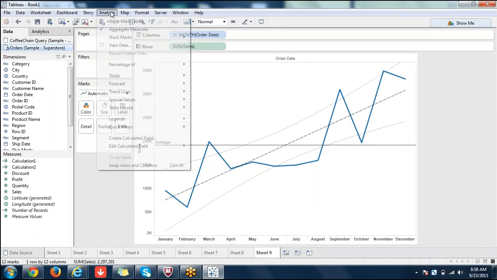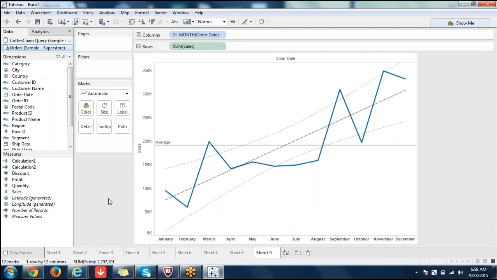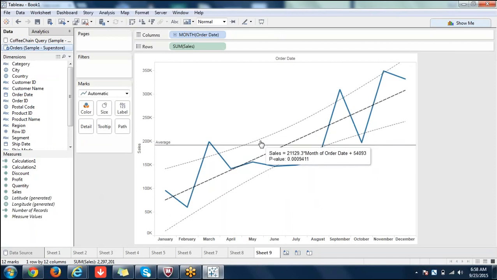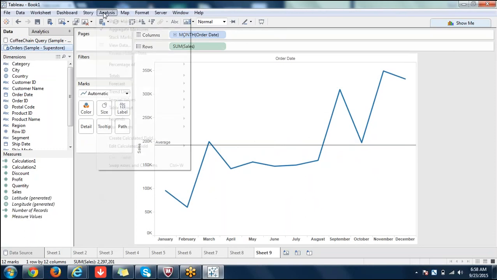Okay. And forecast, we have seen a forecast. I think there is no big deal here. So if you just click on forecast here, the forecast is disabled here. 1 minute, I'll remove the trend lines and I will show you. Exactly. Okay, let's go.